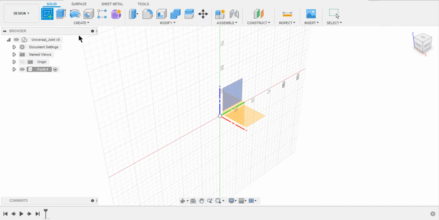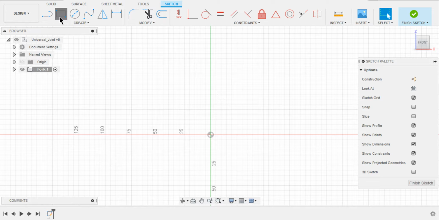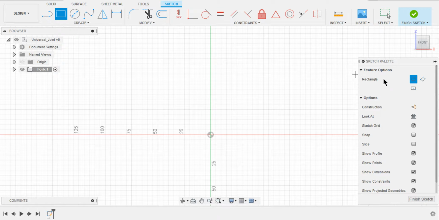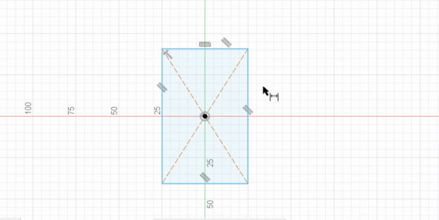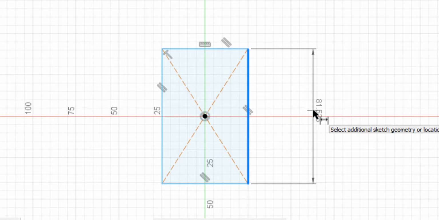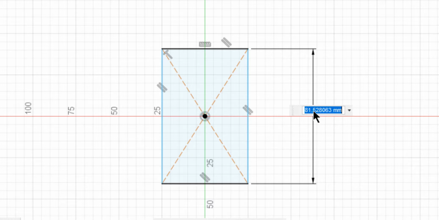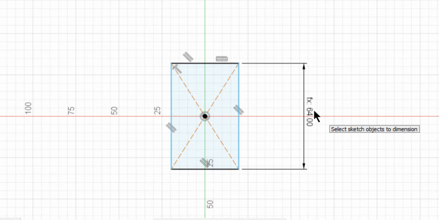Pay attention. I would like to draw a rectangle on this plane. Then I'm gonna select center rectangle. Choose origin as center and place it roughly. D on the keyboard. Now enter the height of the rectangle. I want it to be 3.2 times the dia of the shaft. Enter 3.2 times D and press enter twice so that you will be exited from the prompt. If you notice here, it added a function because we've linked this parameter with the shaft dia. 3.2 times 20. That is 64 was computed as a result. All the results are based on this.